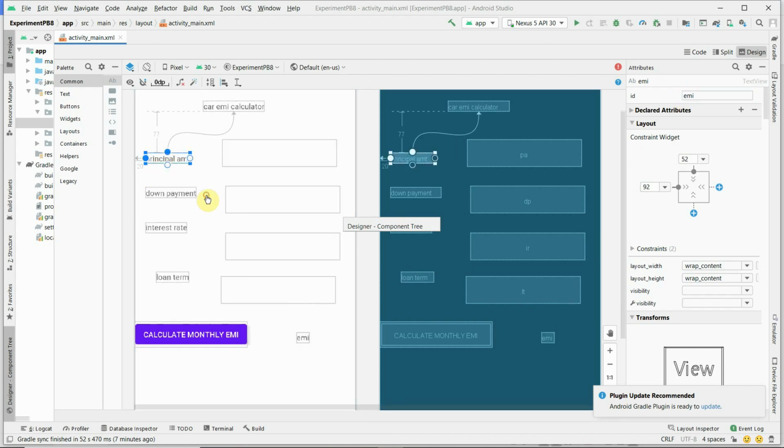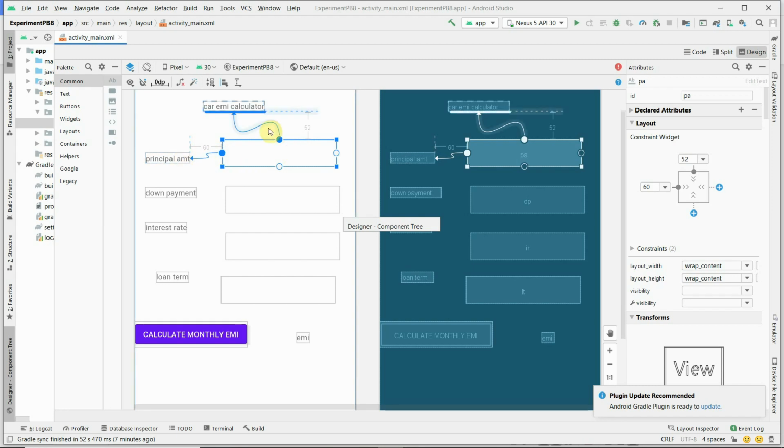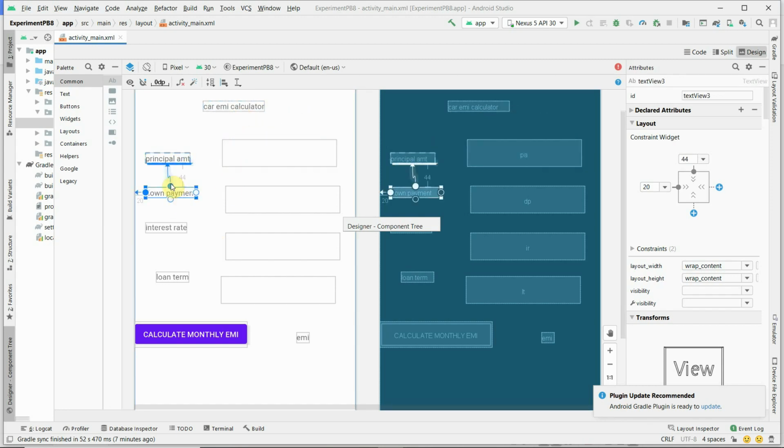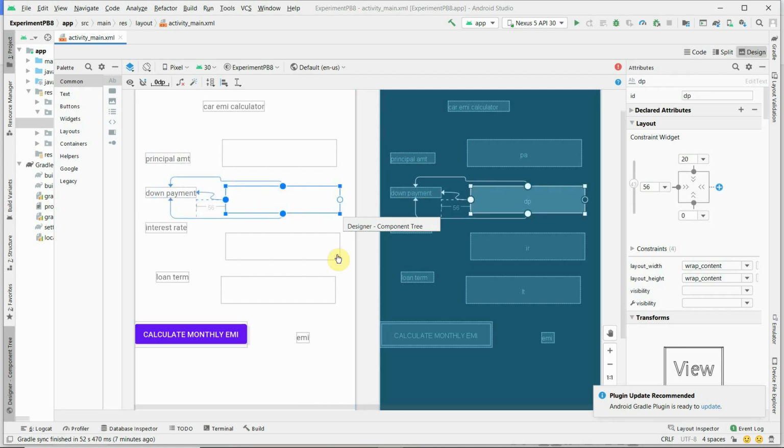You can see one horizontal and one vertical handle is fixed here, and here also two vertical handles and one horizontal are fixed. You can fix it any way.